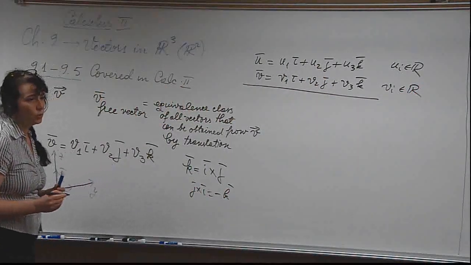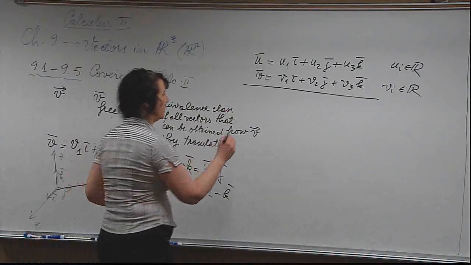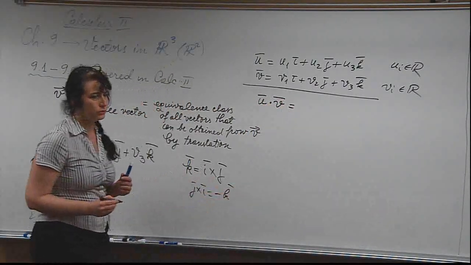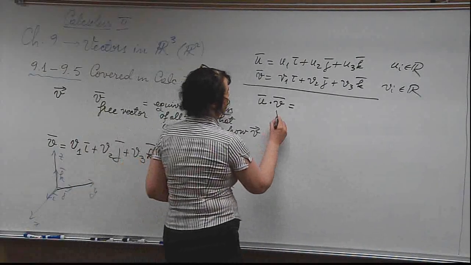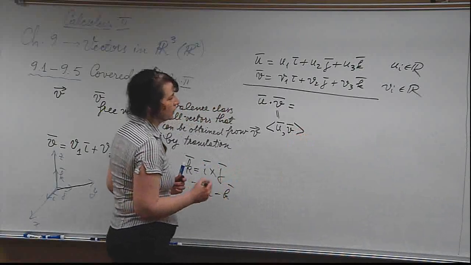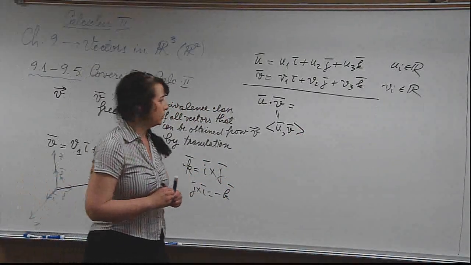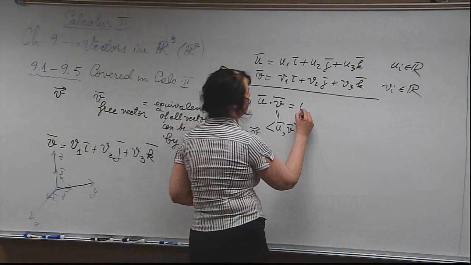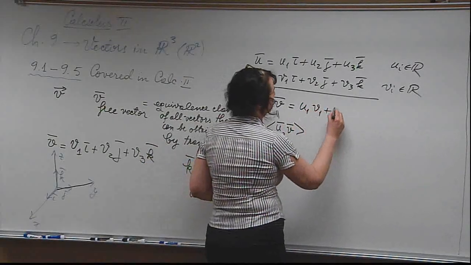The dot product or the scalar product. Now I saw that in all your engineering and physics classes you will use this notation. Mathematicians sometimes say, no, I'm going to use angular brackets because it's a scalar product in R3, or scalar product or dot product is the same thing, and that's the standard one here, U1 V1 plus U2